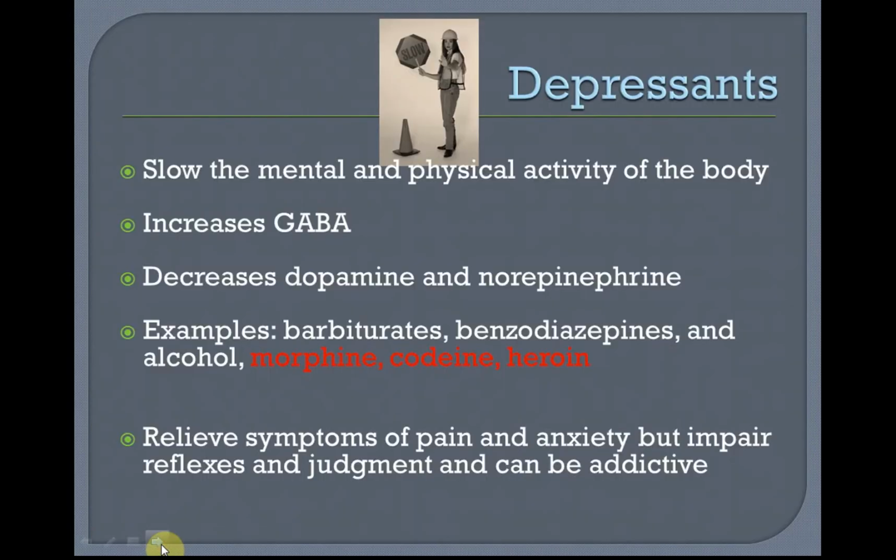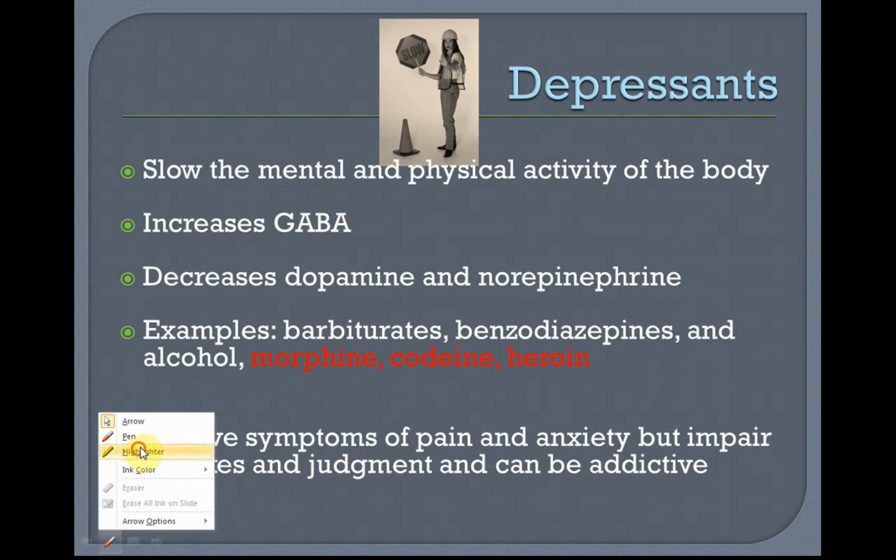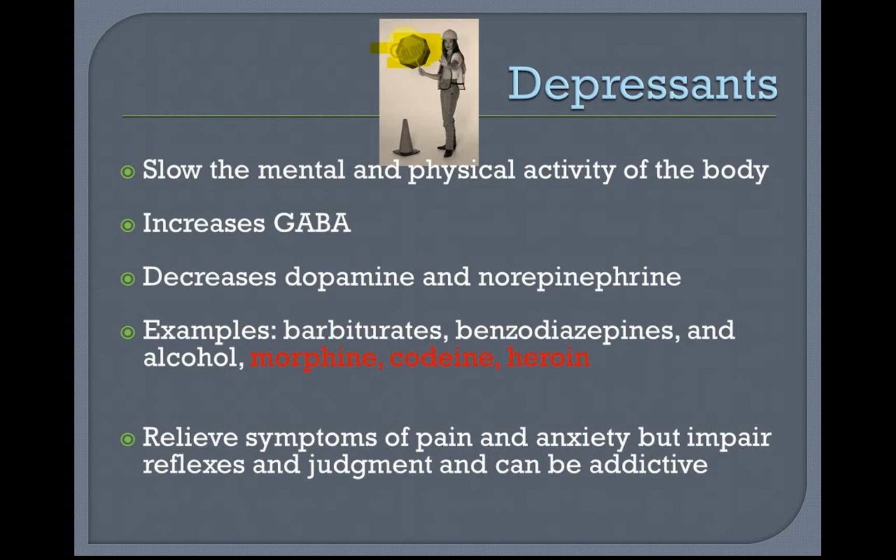All right, moving on. Depressants. Please, please, please, depressants have nothing to do with making you sad. Depressants slow the body down. They slow the thinking processes. They slow your ability to move your muscles and inhibit your ability to move your muscles and to think. They do that by increasing GABA production in your system. They also can play a role in decreasing dopamine and norepinephrine as well, depending upon the type of depressant that we're talking about. But when we're talking about alcohol, alcohol is going to increase GABA,